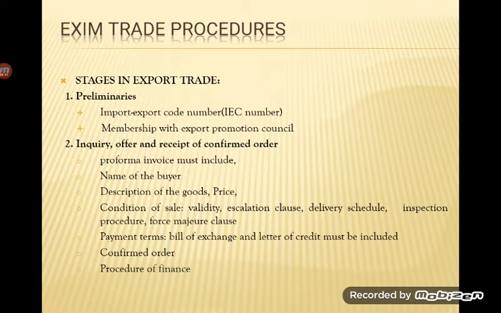Then the next one is the force majeure clause. The exporters may sometimes fail to deliver the commodities in time, suppose due to some uncontrollable situations and circumstances, for example war or natural calamities. If the exporter fails to export the commodities as per the delivery schedule that they have planned in the invoice, what is the next possible date that he is willing to export the commodities? That clause needs to be included, which is called the force majeure clause. So even that needs to be predetermined.